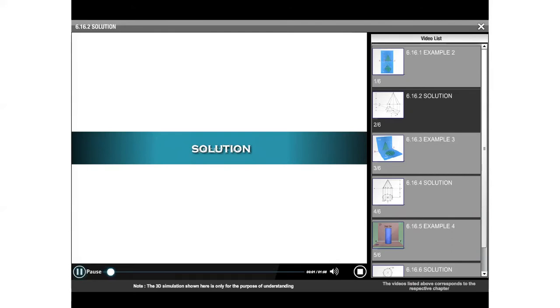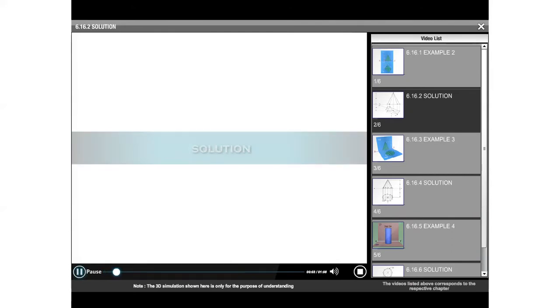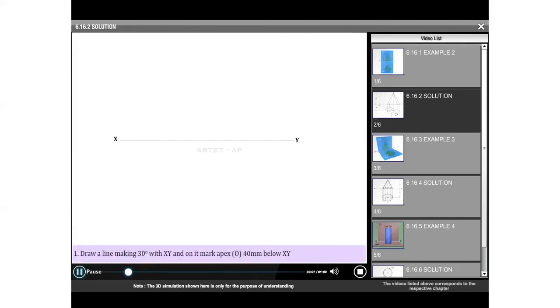Solution to example problem 2. Draw a line making 30 degrees with XY line and on it mark the apex O 40 mm below XY. With O as center, construct the rectangle and its diagonal to complete the plan.